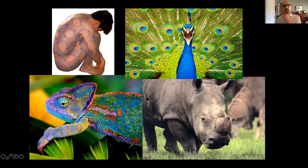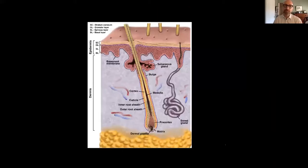Okay, here we go. So I'm going to focus today on our work in the skin. And I show this to highlight the beauty and the complexity of the kinds of structures that the stem cells of the skin can make. We're all used to looking at skin and hair, but feathers, scales, and horns are all derived from epidermal stem cells. And so trying to understand how these very functional and important structures are made is an underlying goal. The skin itself is a little bit less pretty in this model view, but I do want to highlight some of the important areas and the architecture